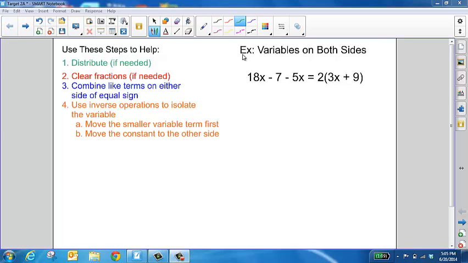Let's review how to solve an equation that has variables on both sides. Your steps are located on the left. These are going to help you work through solving an equation. The first step is to distribute if needed, and in this case we do need to distribute because we have